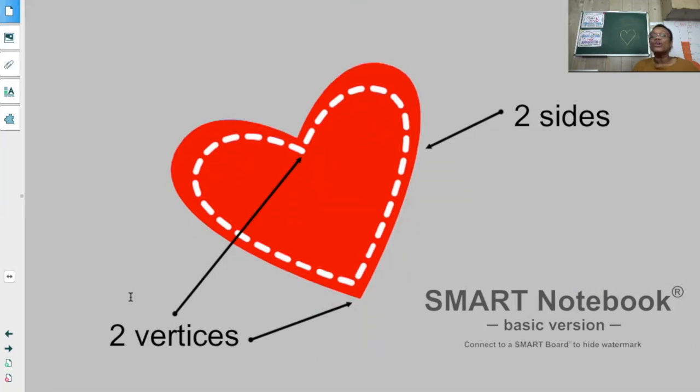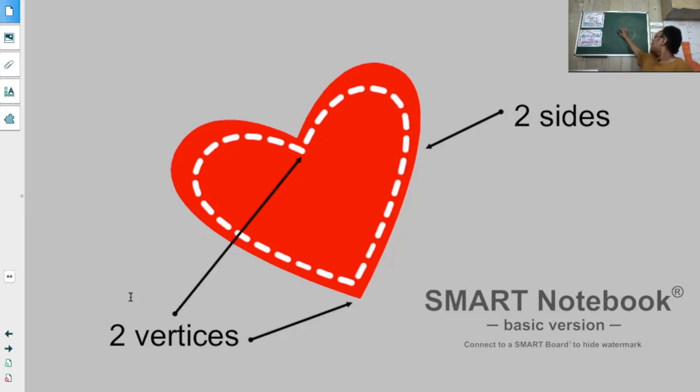Now, our heart is different from our circle and our oval. Our circle and oval, right, the round and curvy shapes, had no sides. It was just kind of one long curved side. If we would consider it a side, it was just one long curved side. But it didn't have any straight sides, so it didn't have any points or corners. Well, our heart is a little different because here,